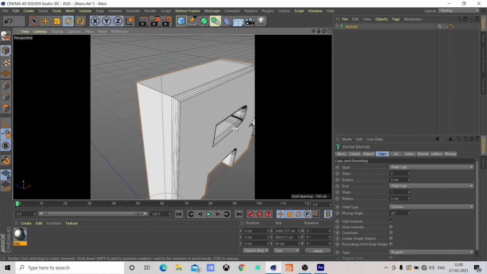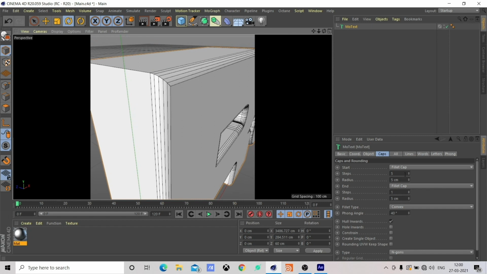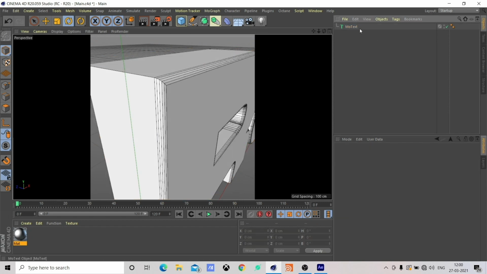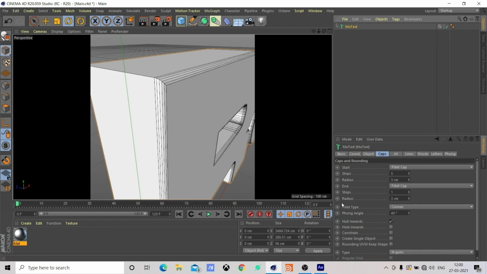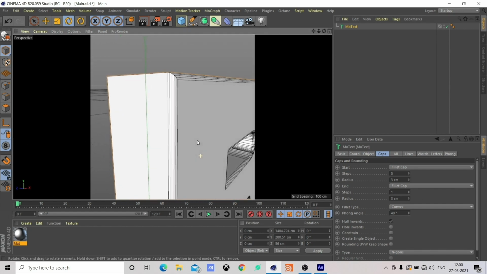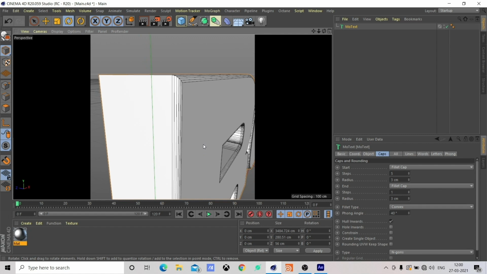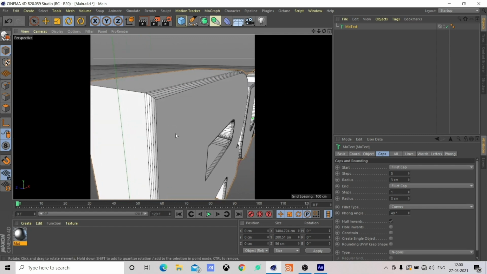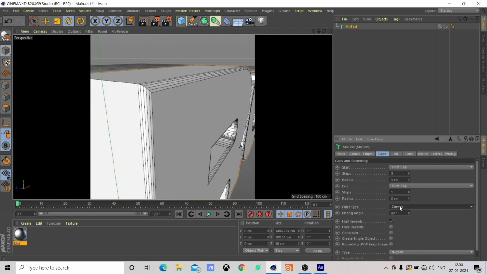And we have the radius, which is basically the extent of the bevel, so I think I'll go for 3. And now the fillet type is basically the different type of bevels which you can have. So the convex one is the default one. Click on it. You can go for a linear, which basically doesn't have subdivision.